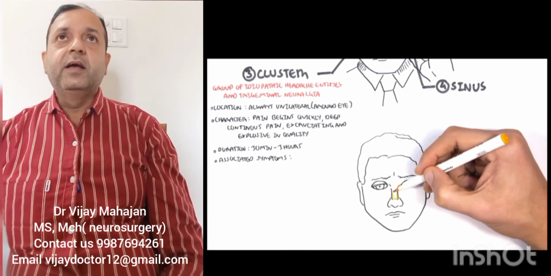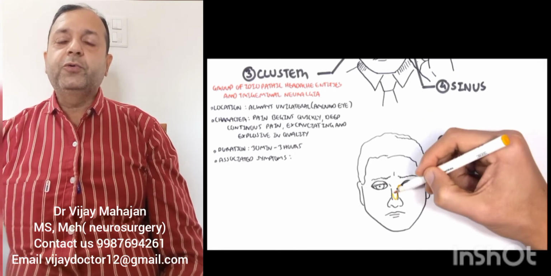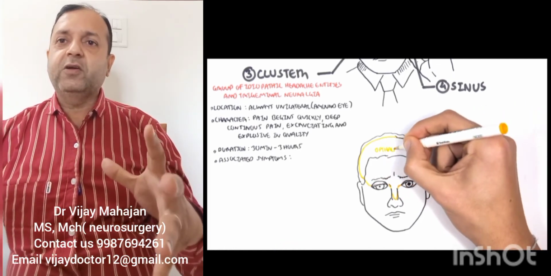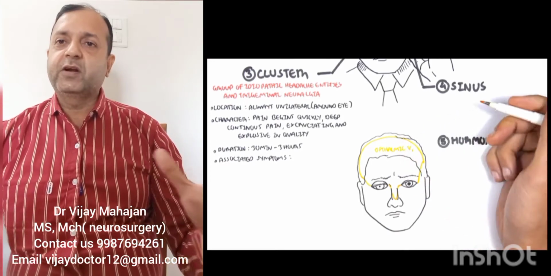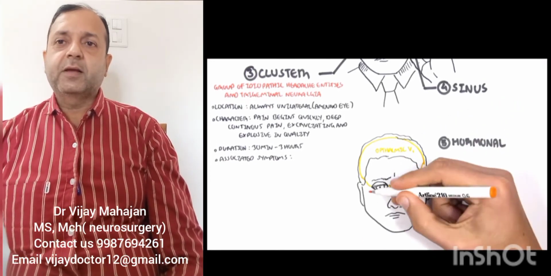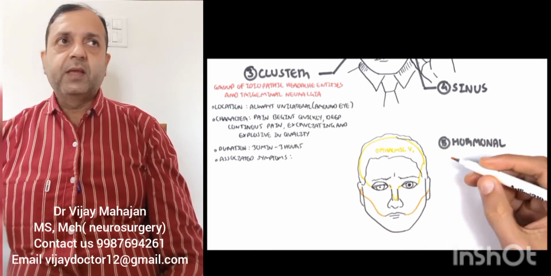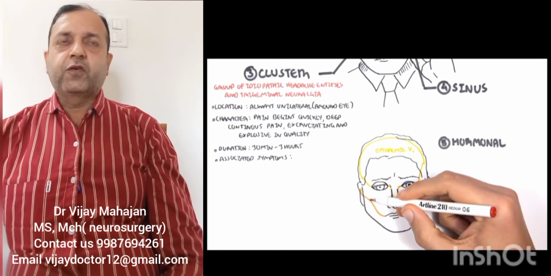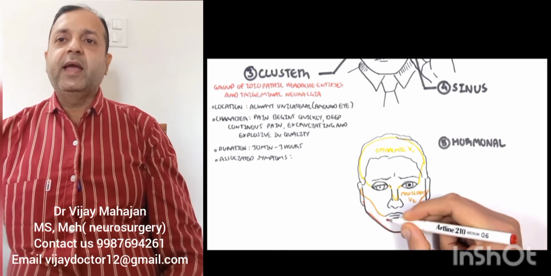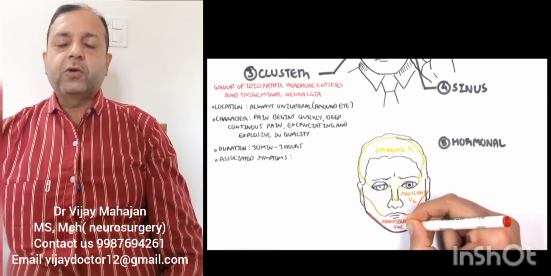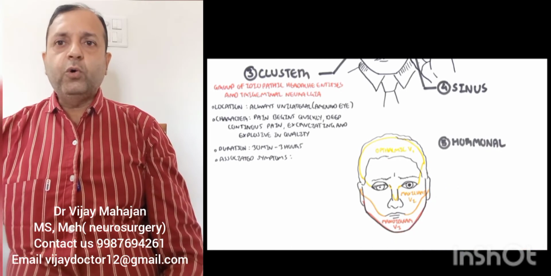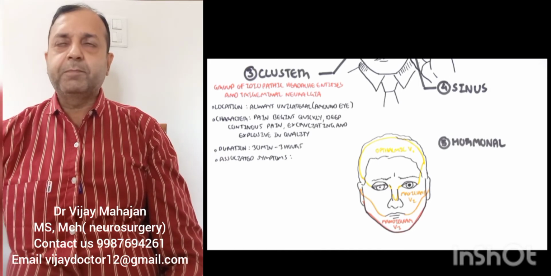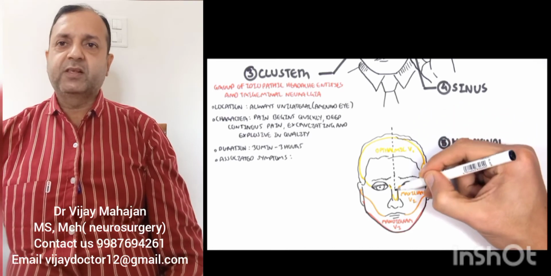Secondary headaches are usually due to some underlying lesion in the brain or central nervous system or peripheral nervous system. The first common example is the word SNOOP. We have to write it down. S stands for subarachnoid hemorrhage. N stands for neurological deficit. O stands for sudden onset. The second O stands for other symptoms, and P stands for previous headache.